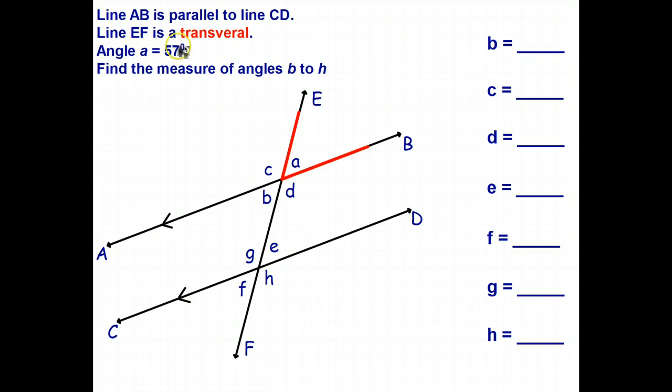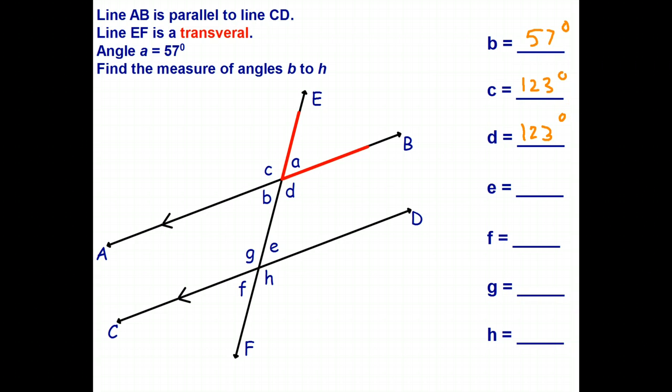So, angle A we know is 57 degrees. Well, if angle A is 57 degrees, angle B must be 57 degrees because they're opposite angles. Angle C, well, C and A add to 180 because they're straight angles. So therefore C must be 123 degrees. Angle D is the same as angle C because they're opposite angles. So that's also